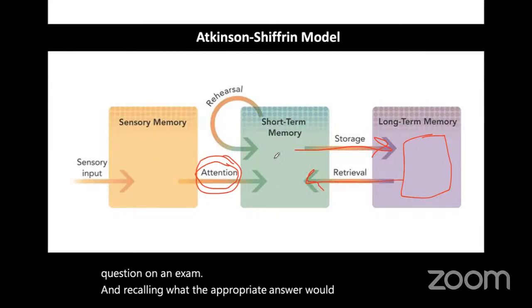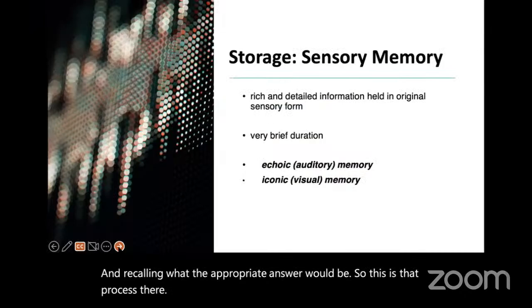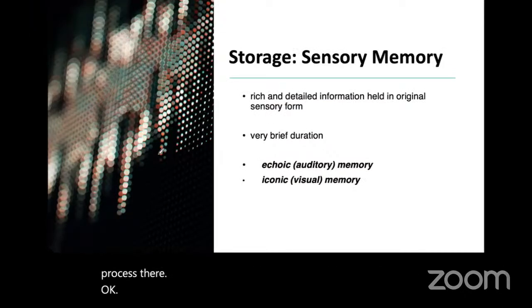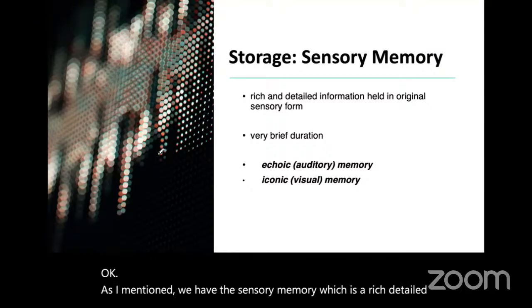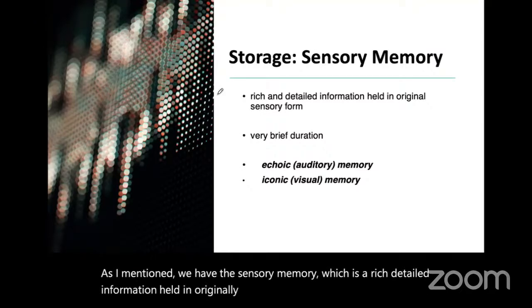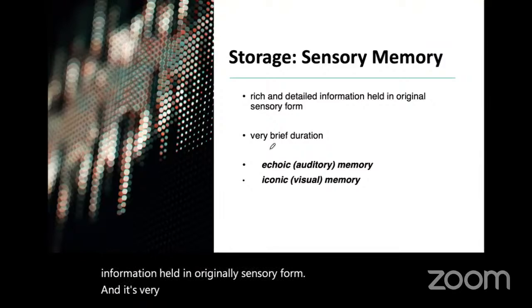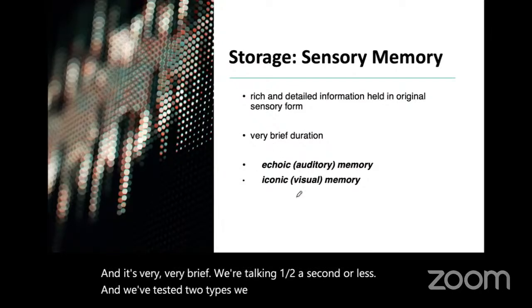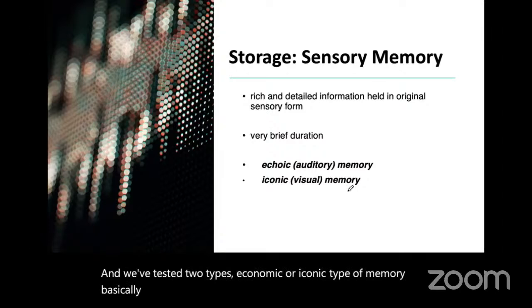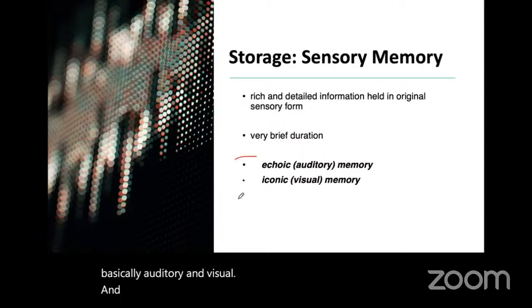So this is that process there, okay? As I mentioned, we have the sensory memory, which is rich, detailed information held in originally sensory form. And it's very, very brief. We're talking half a second or less. And we've tested two types, echoic or iconic memory, basically auditory and visual, using different test methods